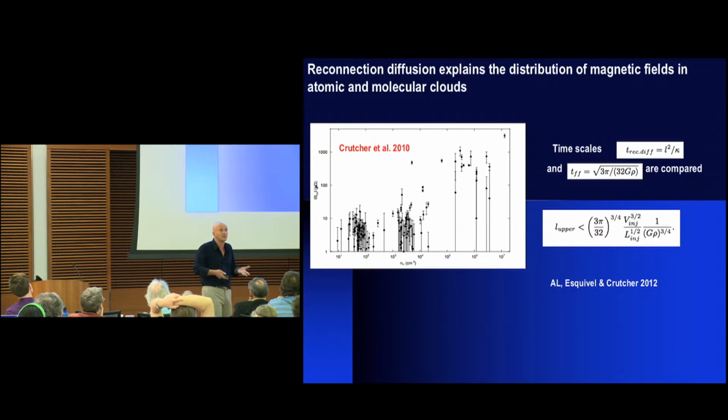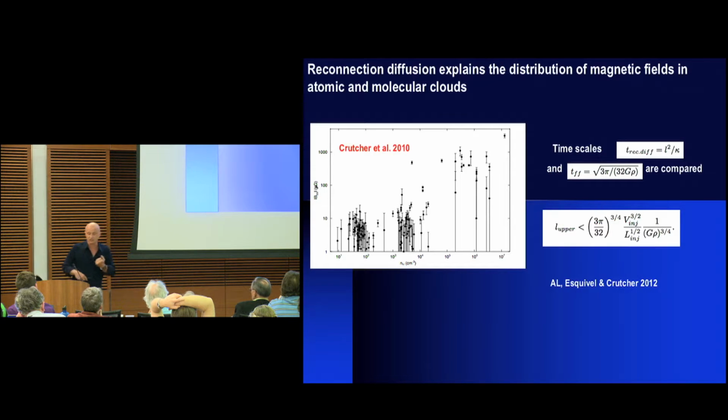He showed to us that, unlike we expected, for example in this low-density media, we essentially don't have the expected correlation of magnetic field and density. And we can use the arguments related to the process which I termed reconnection diffusion. With this reconnection diffusion process, you can estimate the length at which you have this decoupling. And if you know the length and column density, you can find at what scale